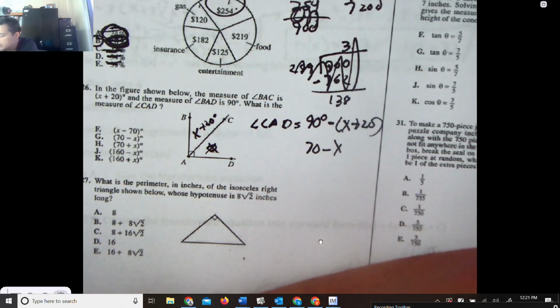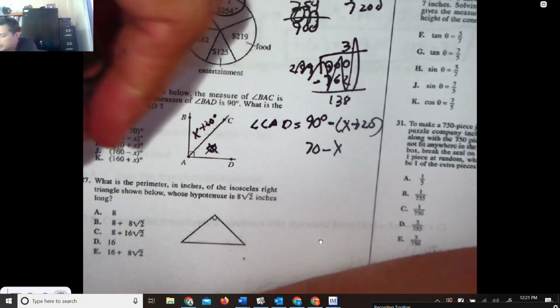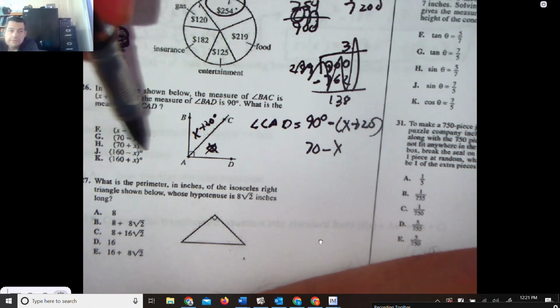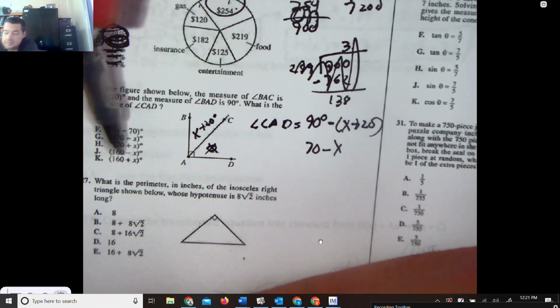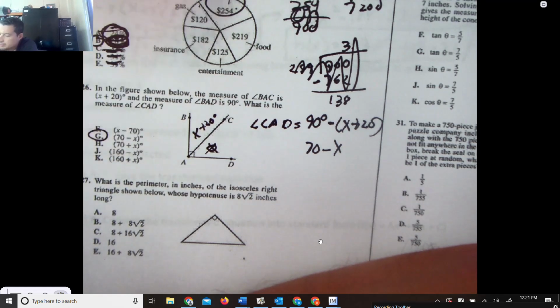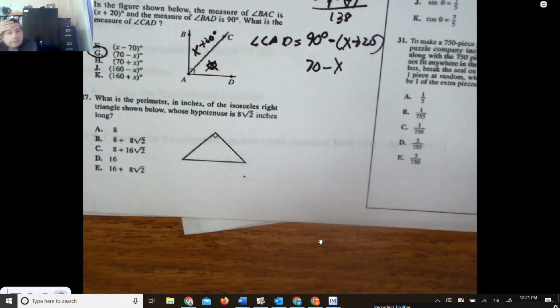And they have some good distractors in there, probably hoping a kid doesn't do something. These down here are references to the kids who like to add up to 180 degrees, but it's choice G, straight out geometry. What is the perimeter in inches of the isosceles right triangle whose hypotenuse is